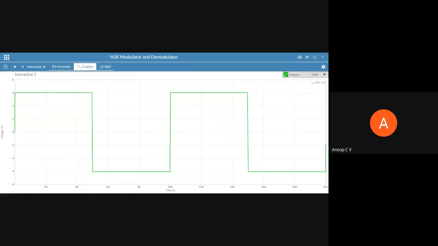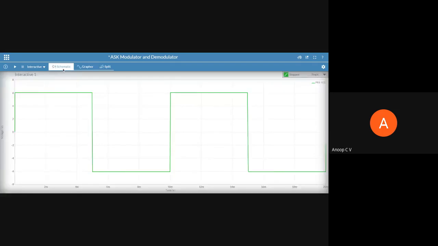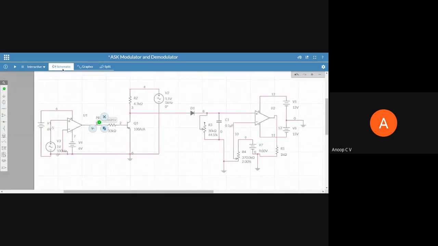Before I move ahead, I assume when I asked last time, you all told me you have used Multisim Live, so that's why I'm not showing how to make connections in Multisim Live, right? If you want me to do that, please unmute yourself and tell me. I can tell you how to select components and how to do wiring, right? But as I believe you have already used Multisim Live and you're comfortable with that, I'm straight away explaining the circuit. So should I go ahead with the discussion, or should I stop and show you how to rig up the circuit? If anyone can tell.